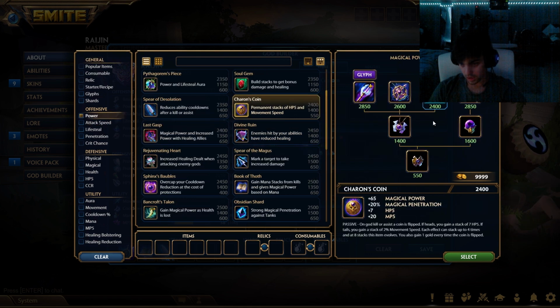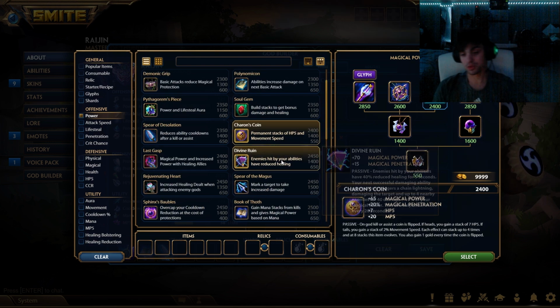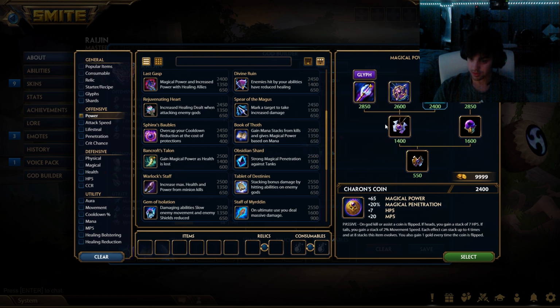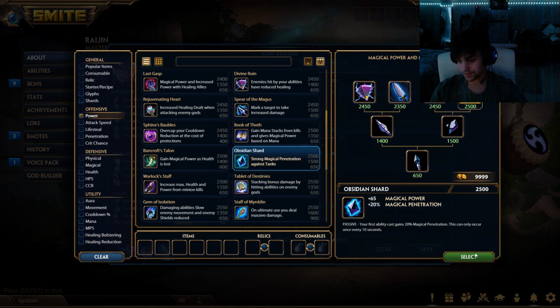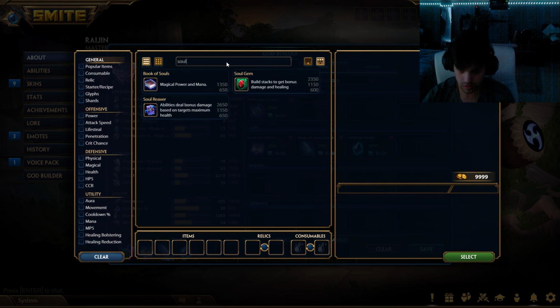You can go and do a Charon's coin. But personally, I think Opshar is better right now than Charon's coin. But it's up to you. Charon's coin obviously gives you some more stats, but I think the Opshar is good. So you go Opshar. You're gonna go into Soul Reaver,